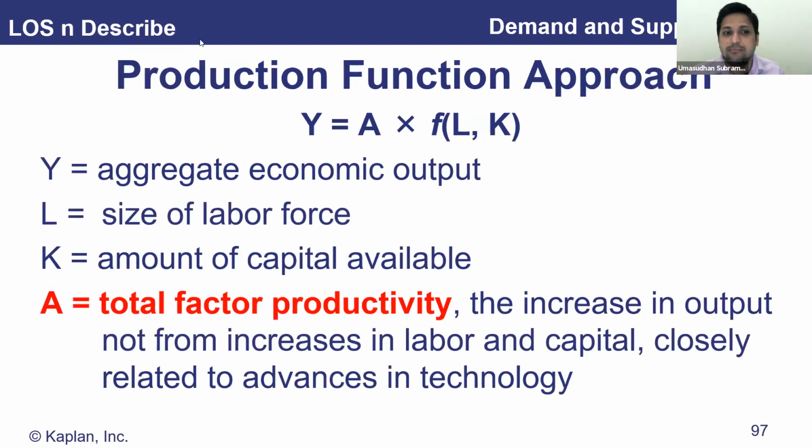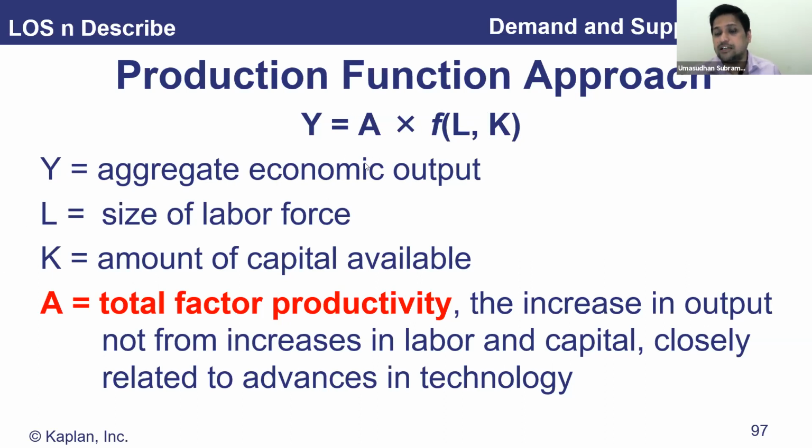Okay, now there is another model. We are talking about the production function approach. This is sustainable growth. This is the production function approach. What we are talking about is Y equals A times a function of L and K. L stands for labor, K stands for capital. So Y is your aggregate economic output, which is GDP. So again, what we are saying is the GDP of a country is a function of productivity, which is A,